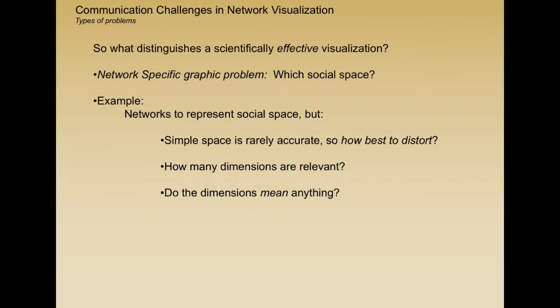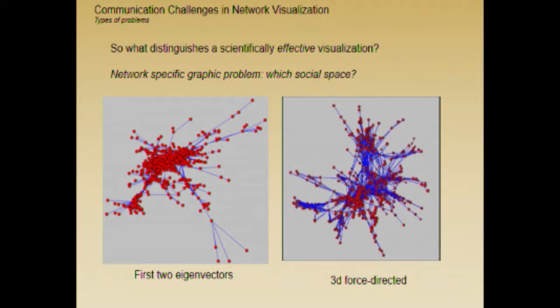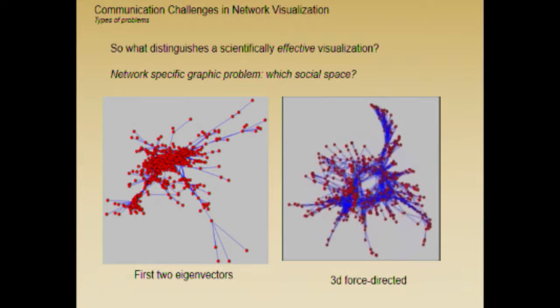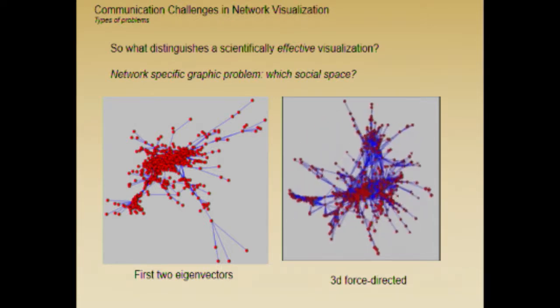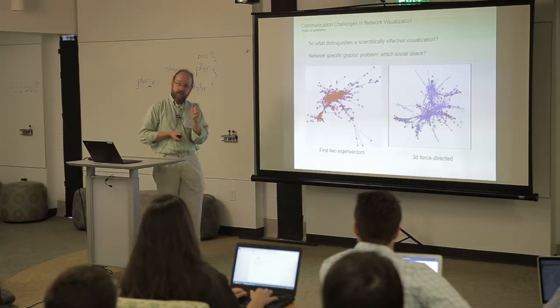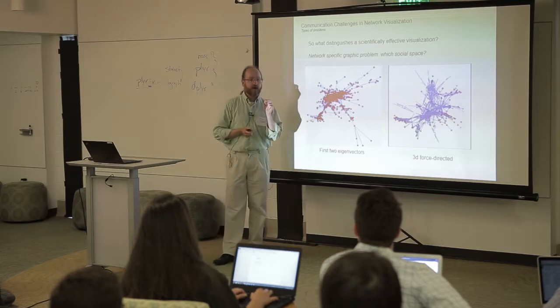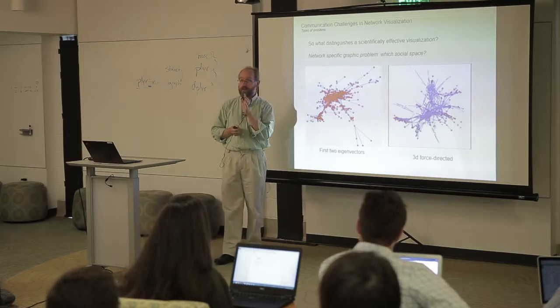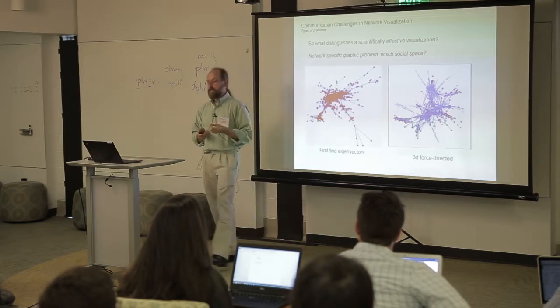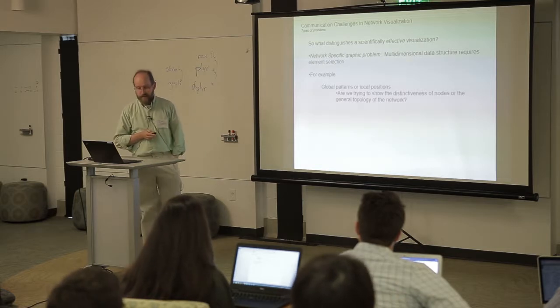And networks, the main element here is that networks represent a social space. And the idea behind a good network visualization is you somehow capture that space. What that space actually is, of course, is a little hard to know. We can have a two-dimensional version of social space, a three-dimensional version of social space. It turns out that a social network, to represent it perfectly, requires n-1 dimensions, which you can't visualize. So the real problem of visualizing social networks as this analogy of a social space is you want to get it down to 1 or 2 or 3 dimensions, but do it in a way that doesn't do as much violence as possible to the real dimensions that are out there in the set. So you want a heuristic that does that in a clear and nice way.